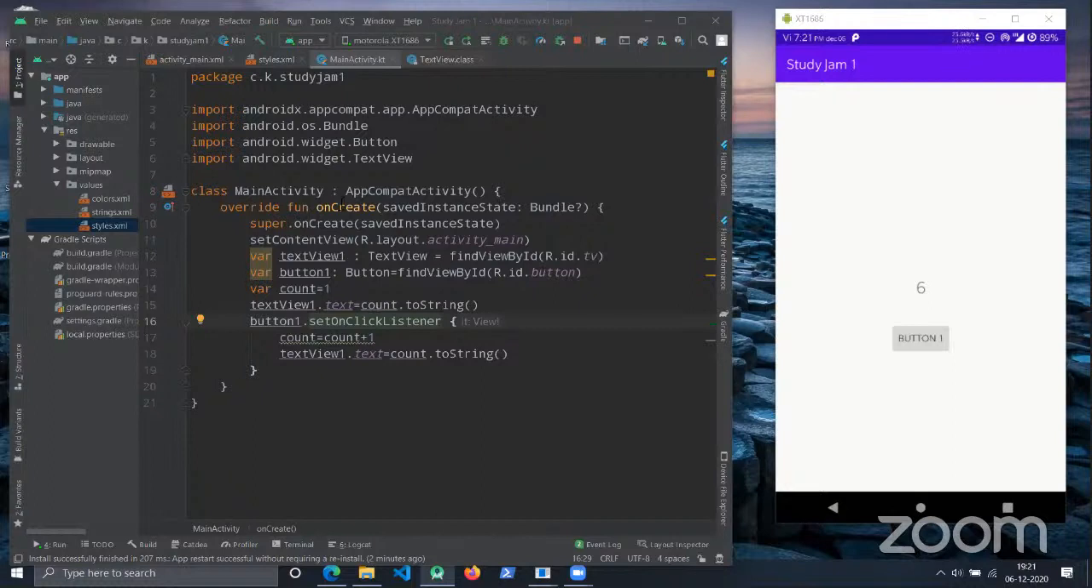So we will now have a look at the edit text. We'll close this. What do we do? Okay, so